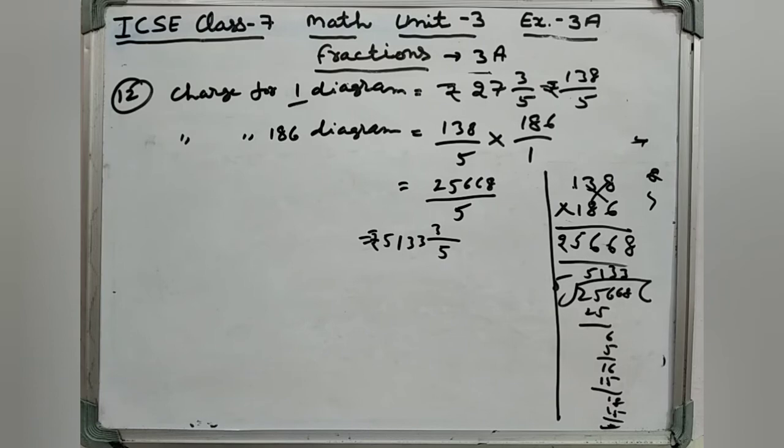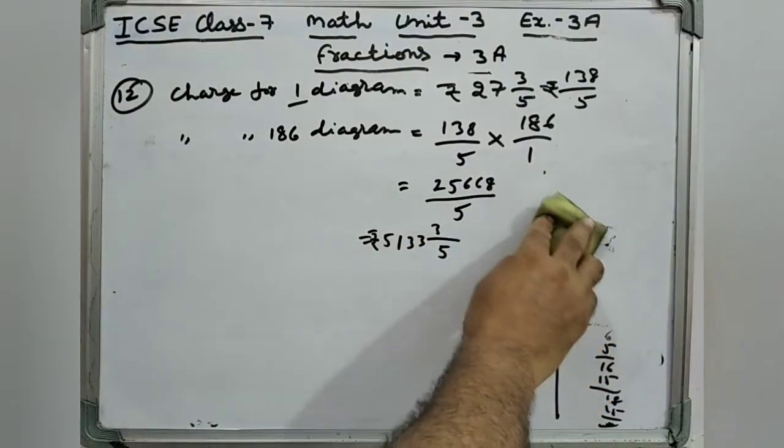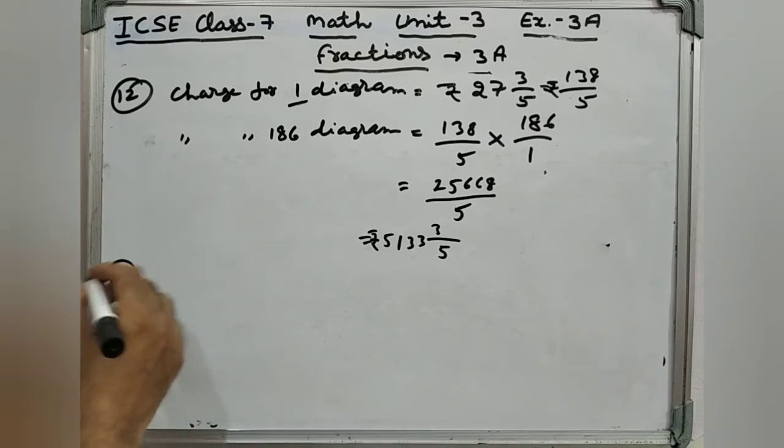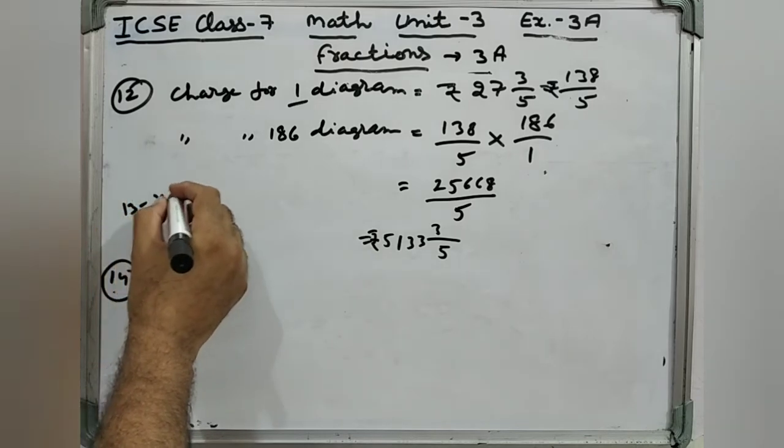Alright. For shortcut tricks in mathematics, you can refer to our YouTube channel under the head shortcut tricks in mathematics, multiplication for 3 digit numbers. Right? Now sum 13 is just like sum 12. You can do it easily. 13 is your homework.